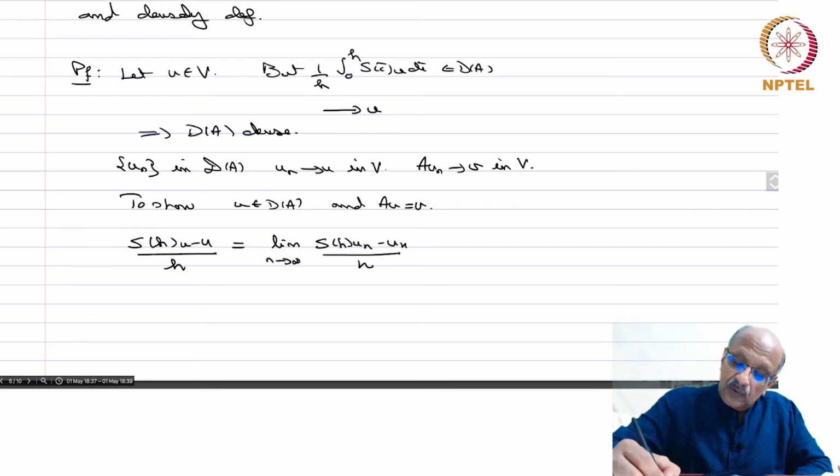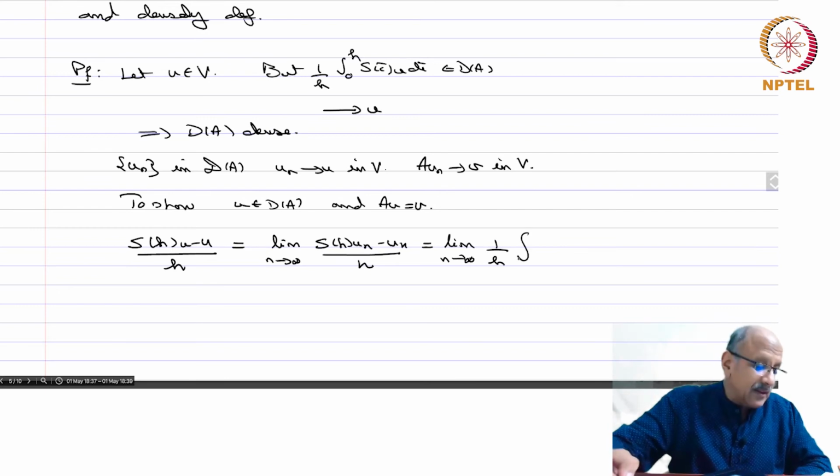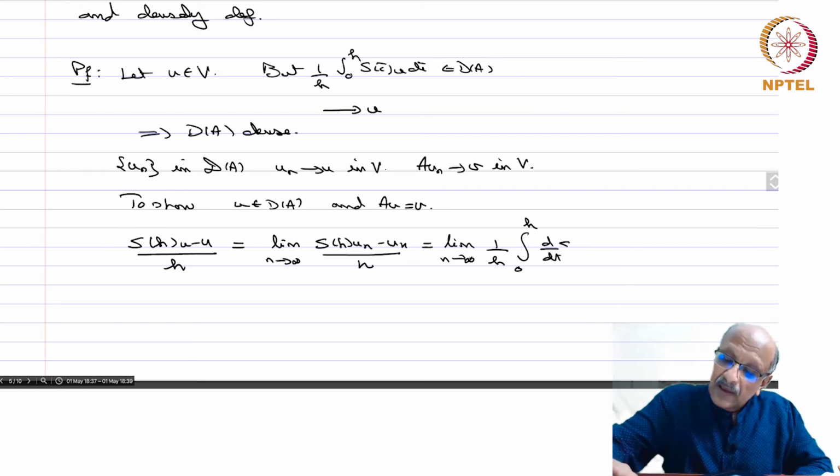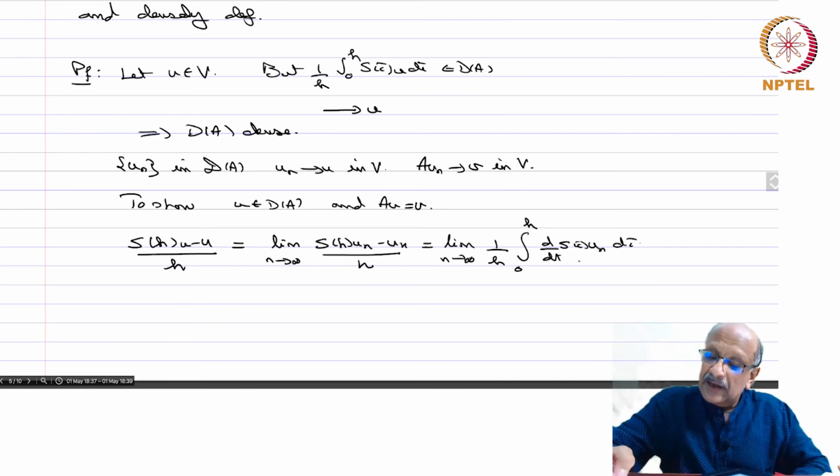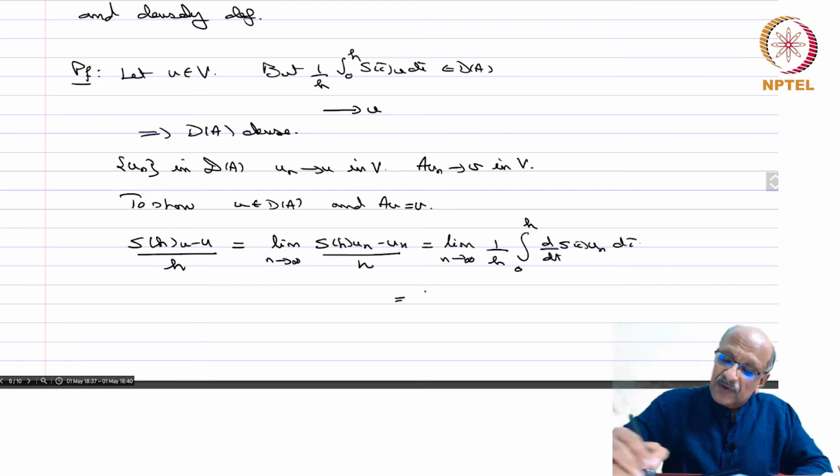So, this is equal to the limit as n tends to infinity of 1 by h times the integral from 0 to h of d by dt of S tau u_n d tau. Because if you are integrating d by dt, then it is just the difference of the end values. So, S_h u_n minus S_0 u_n is u_n. But what is d by dt of S tau u_n? u_n is in D of A, you remember u_n is in D of A,